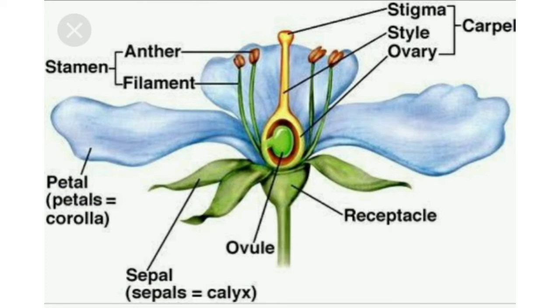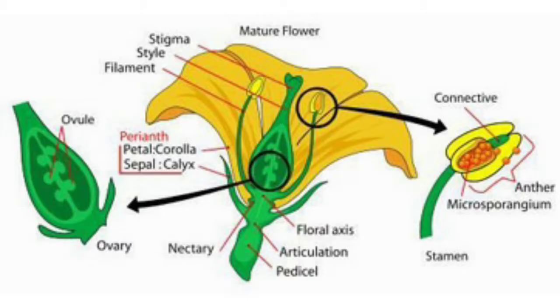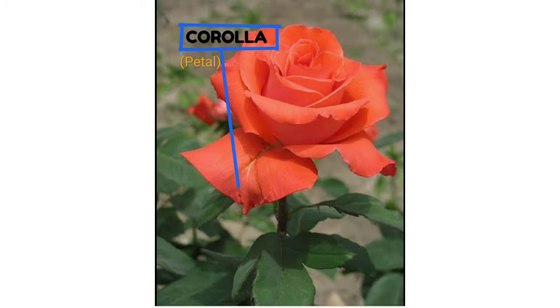For example, the stem consists of nodes and internodes, where the flowers, leaves and all other necessary parts arise. Like that, flowers also have nodes and internodes with some leaf-like structures we call floral whorls. Here we can't identify the internodes because they are very small and very close to the nodes, so it looks like a single point. That means all the four whorls arise from a single point. It looks like a single point, but it is not a single point.